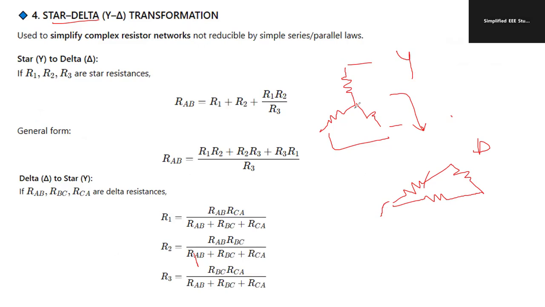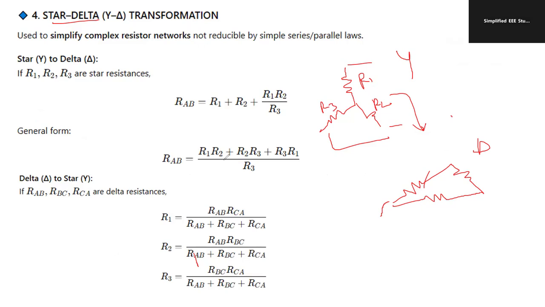You have to convert the star into delta. For example, R1, R2, R3 are the star resistances. Corresponding delta, we can calculate RAB. So if I want to calculate RAB,